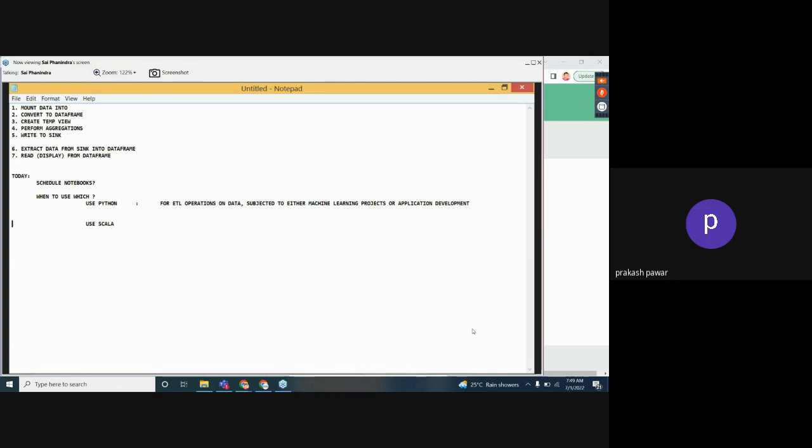Scala. Use Scala for ETL operations on data. Okay, here it is. Pertaining to big data clusters or big data operations. Since it's operations on big data. Okay, any application